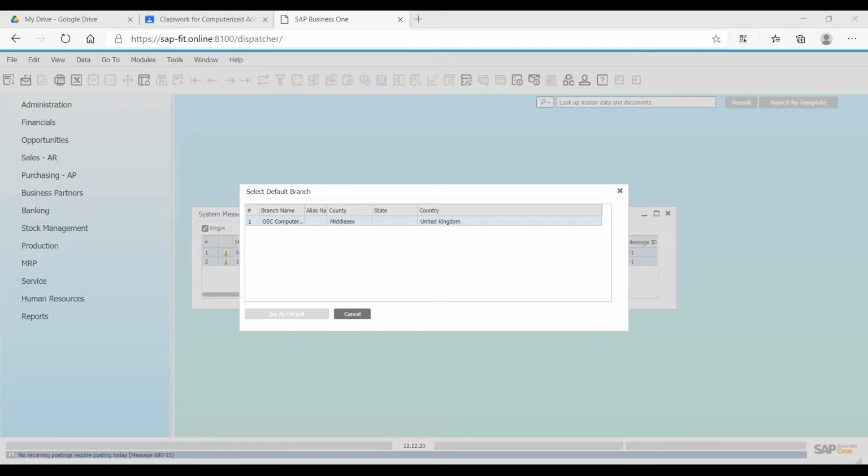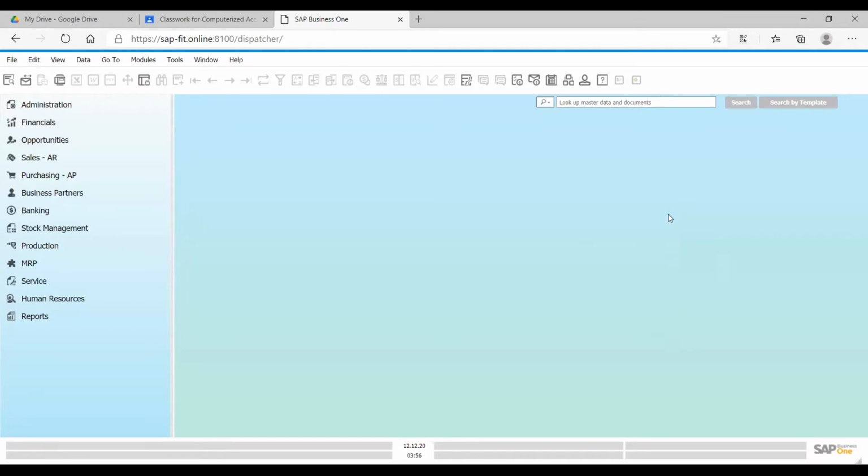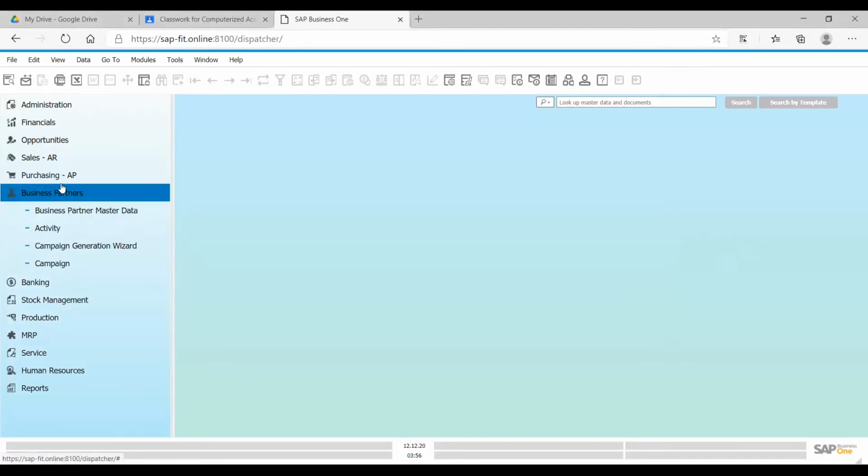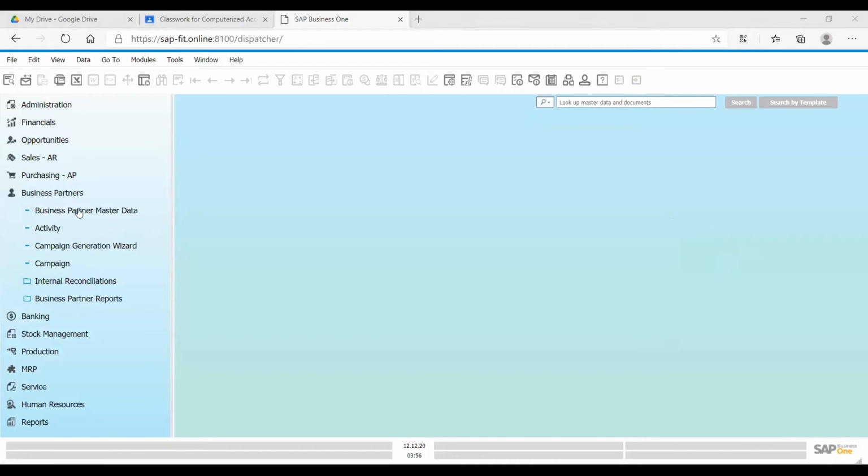So, napunta siya sa default, yung OEC1, OEC2, OEC3. So, yun po yung gagamitin natin. So, let's start natin mag-select ng default branch kasi later yan yung ating requirements sa iba pang modules kasi nga integrated ang ating SAP. Meaning, modules are connected. Example, yung PO, meron siyang different field required like vendors and supplier, which is customized or created in our business partner module. Tapos yung mga item naman is dito sa stock management